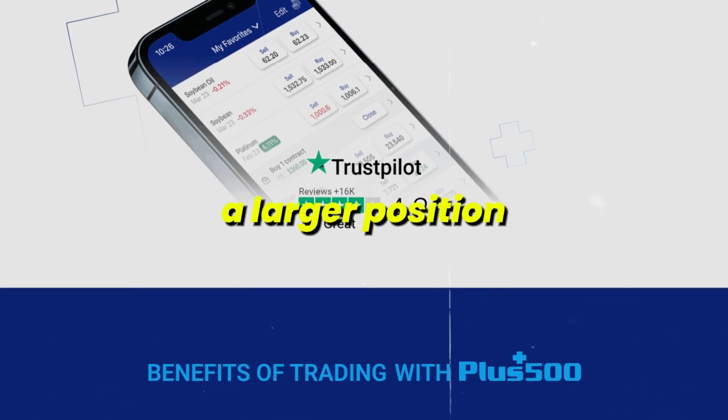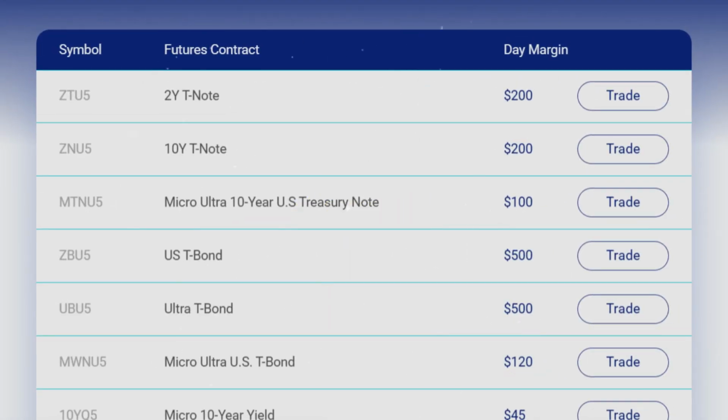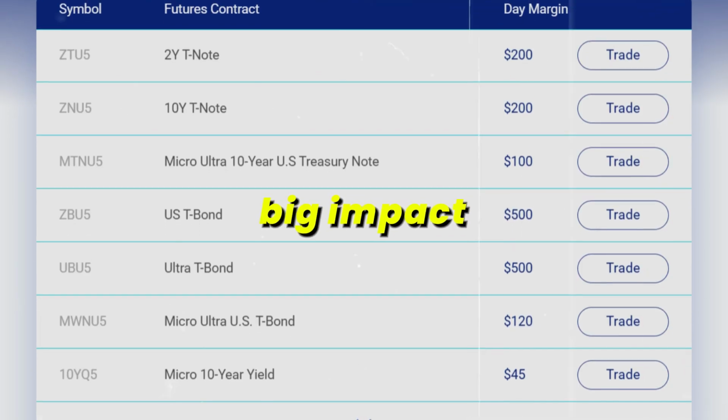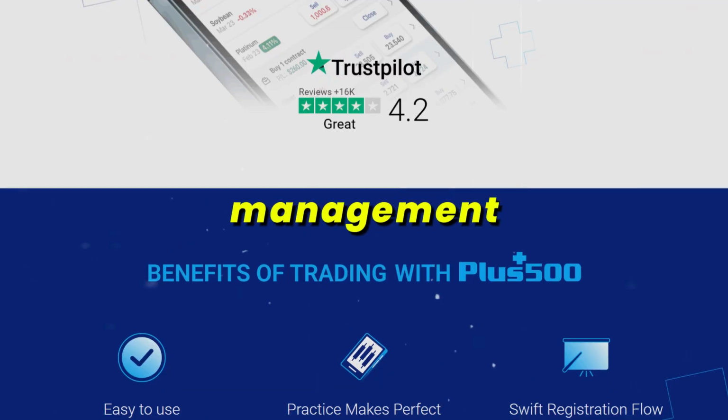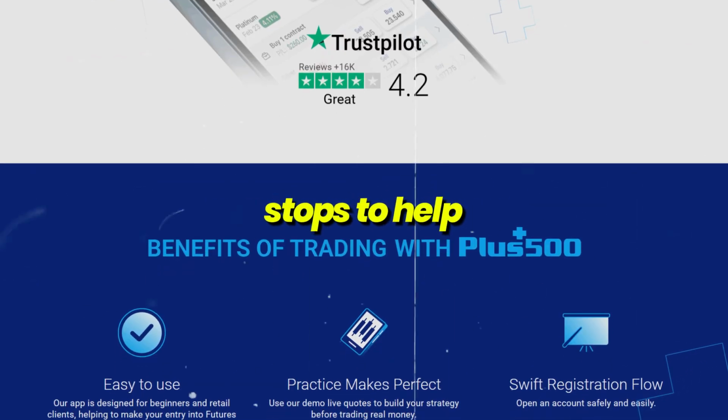It's important to remember that margin doesn't change the risk, it magnifies it. Because you're controlling a larger position with a smaller deposit, even small market moves can have a big impact on your balance. That's why Plus500 also offers risk management tools like stop losses and guaranteed stops to help you protect